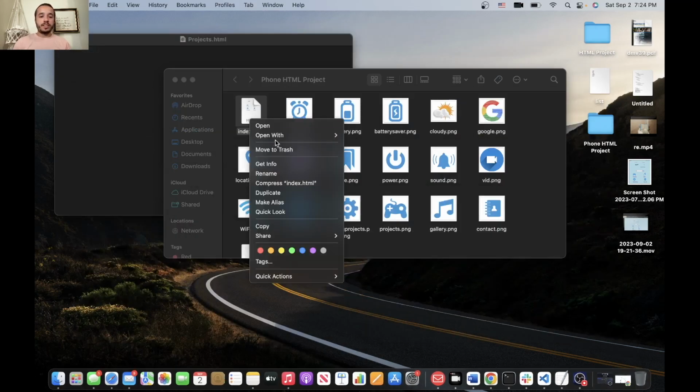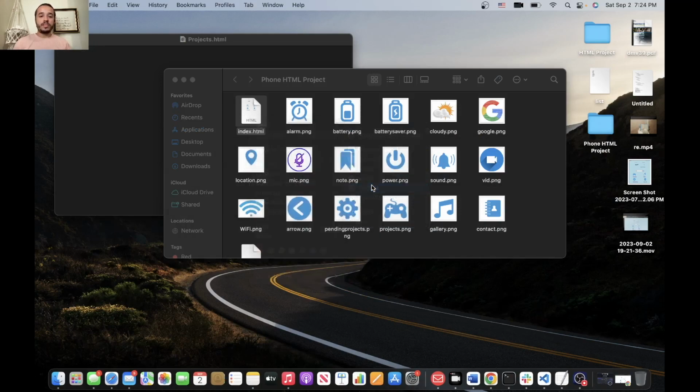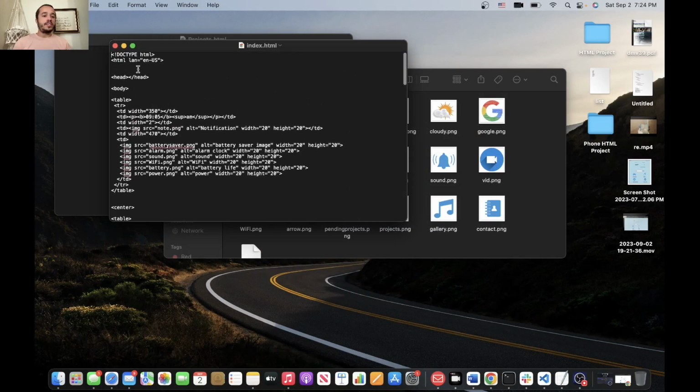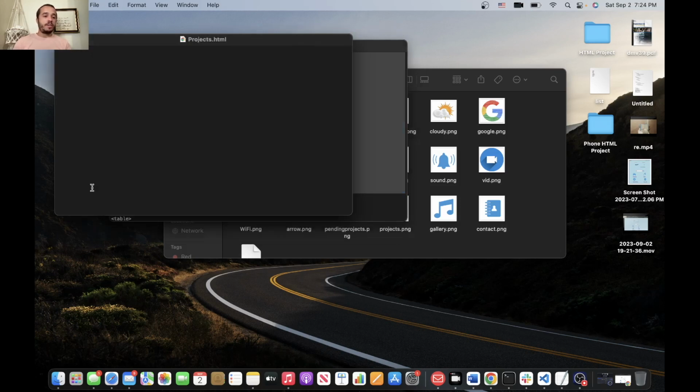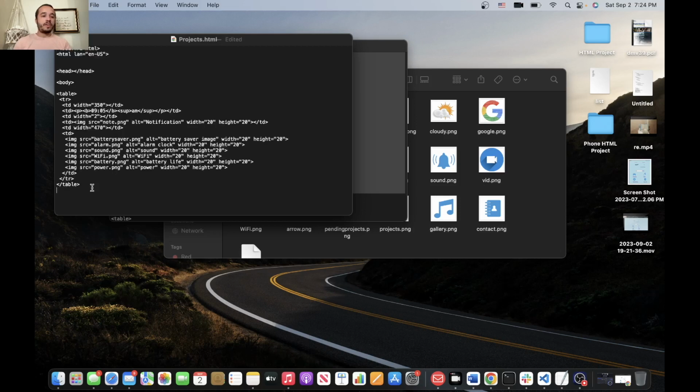So if we open this again, we can just copy the top code. So everything that's in the header, you want to just copy and then paste it in here. And you want to make sure you have your body and HTML closed. So we want to close the body and close the HTML. Make sure there's a backslash in front of each one. And so when you save that,